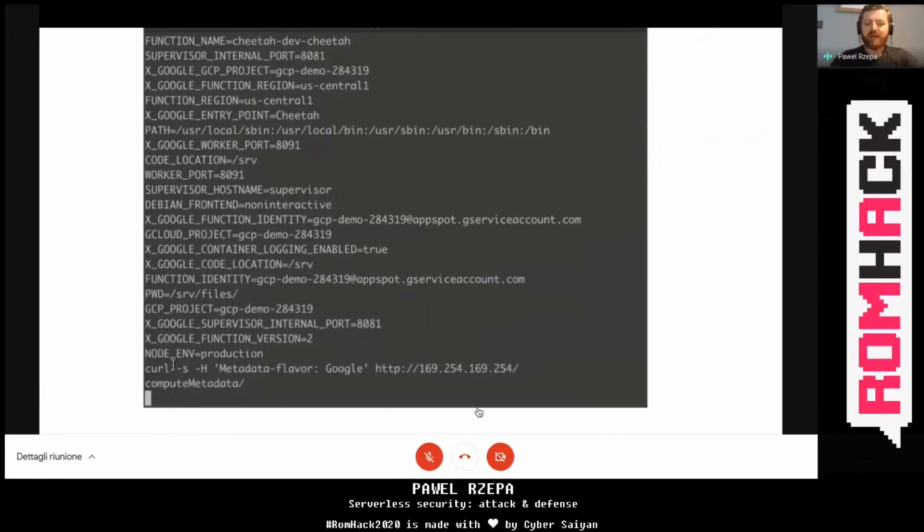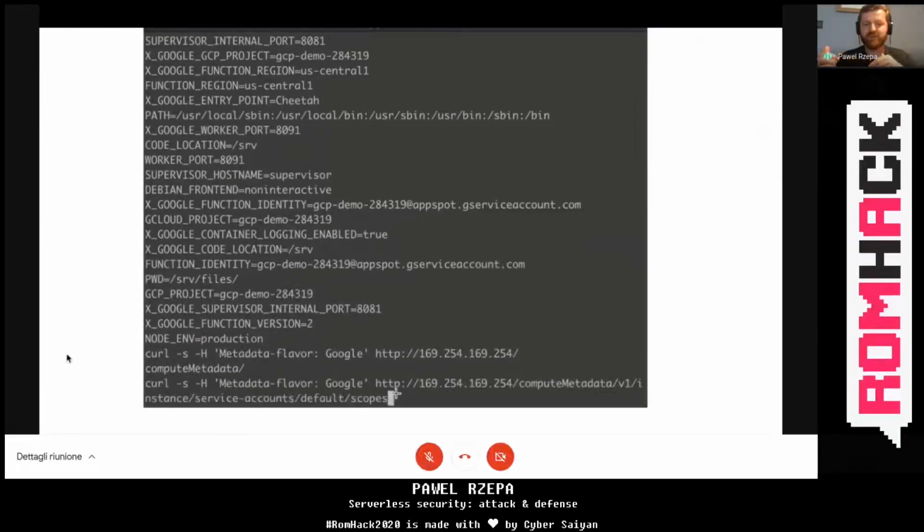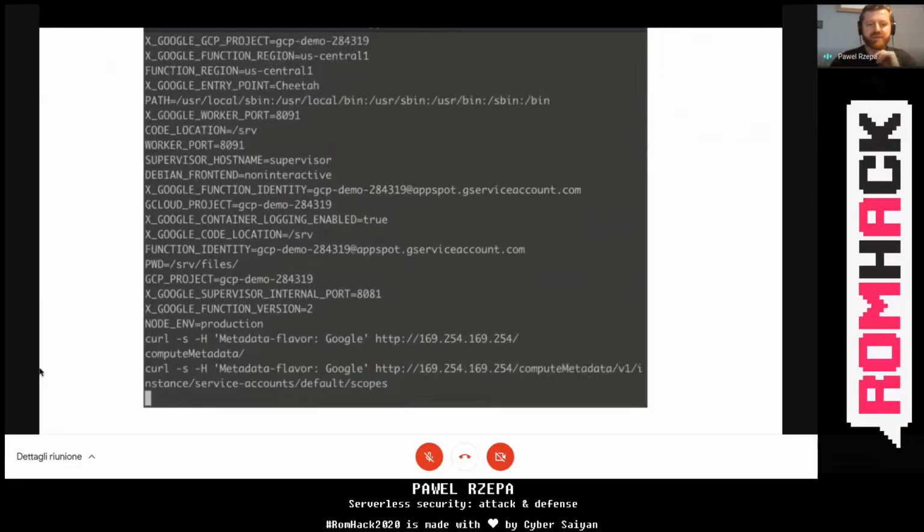Furthermore, to access the metadata service of the GCP function, you need to add the header called Metadata-Flavor: Google. So if you have a server-side request forgery in your GCP function code, it is not enough to just access this address, because you also need to set this header. Now, if you do this, then you can see the scopes of the role.